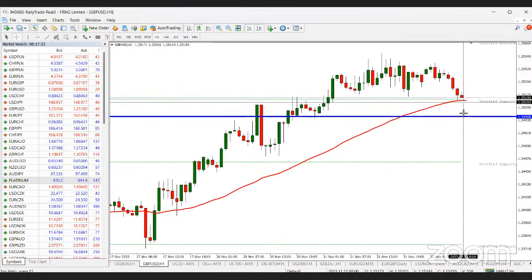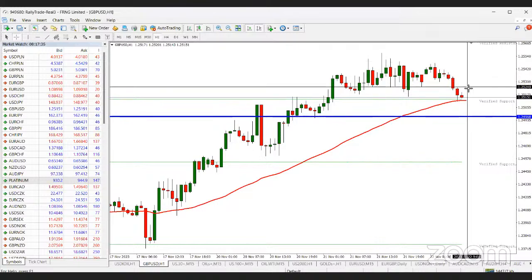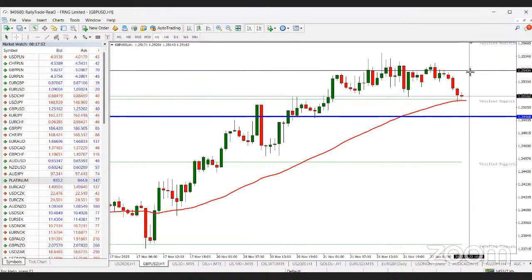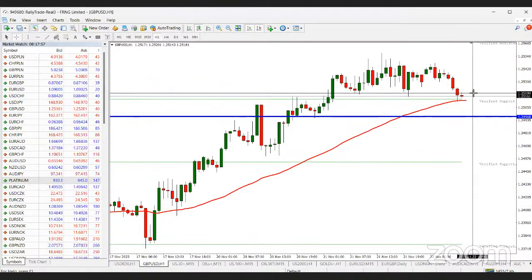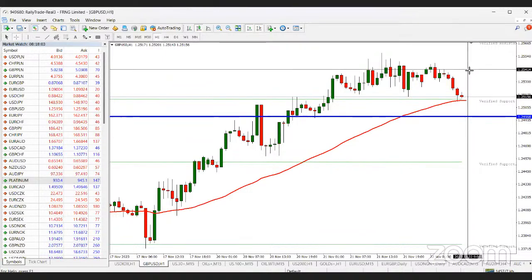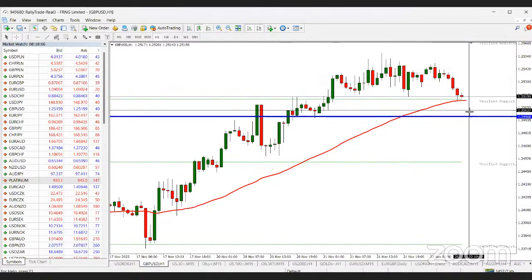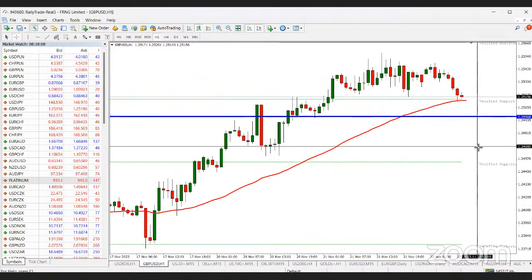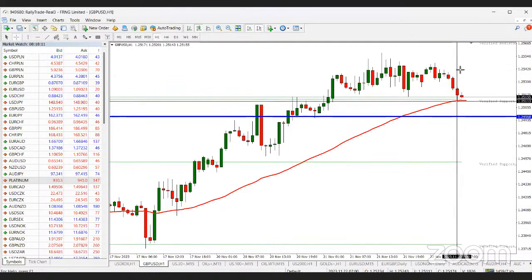So that means that if price can close above 1.25250, then you want to consider a buy to this recent high point, which is about 15 pips or thereabout. So if price can close above 1.25250, you can consider buying to around 1.25410 or 1.25420. So that's what I'm expecting. If price can close above this candle here, we expect it to push up.